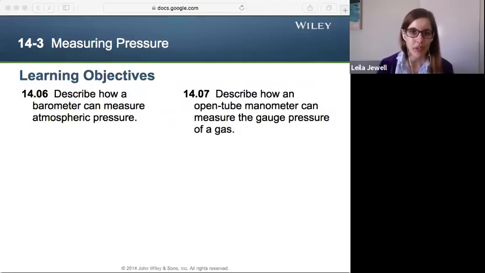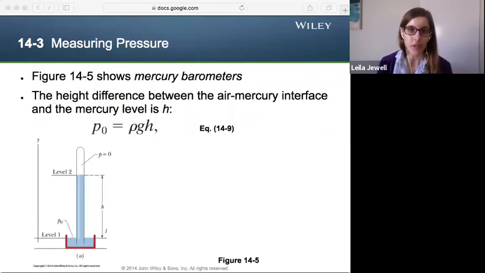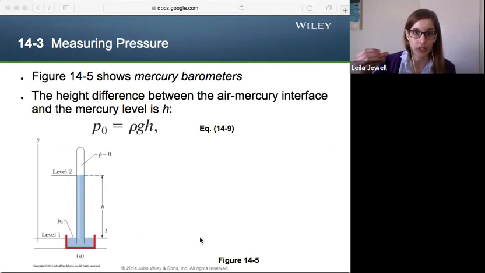Section 14.3, measuring pressure. So how do we actually measure pressure? Well, mercury barometers are the classic way. And here's a very simple version of one, where we have a tube full of mercury, which is very, very dense, and then we just flip it over into a container so that what's left above is a pressure of